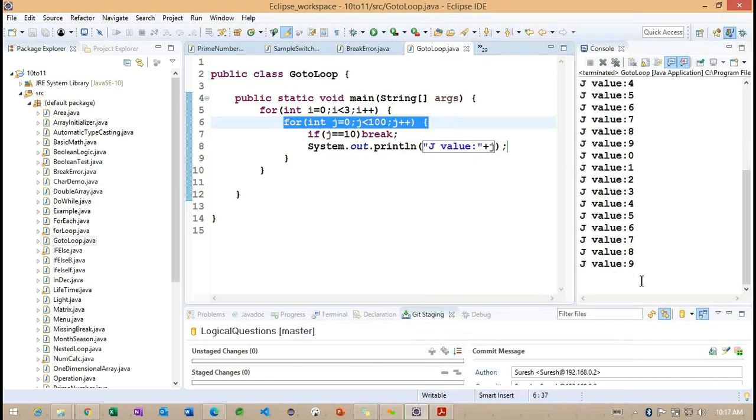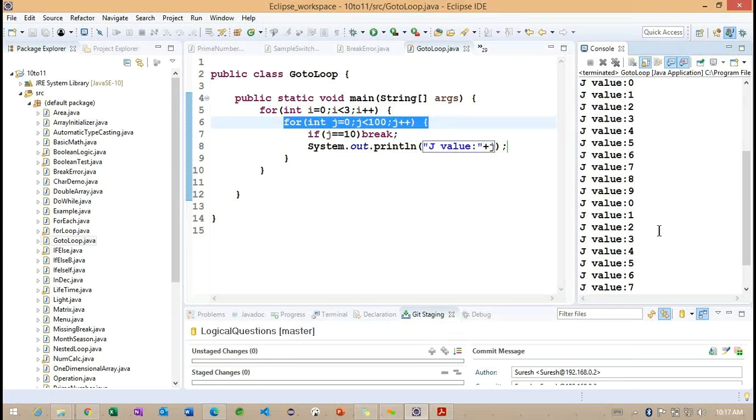Now the simple understanding here: this outer loop is repeating 3 times, because the i value is 3.